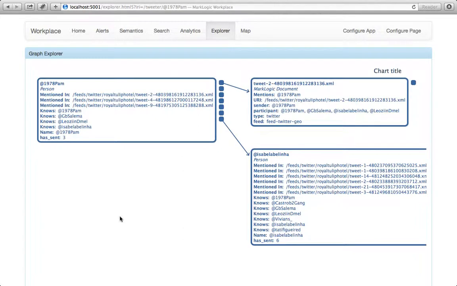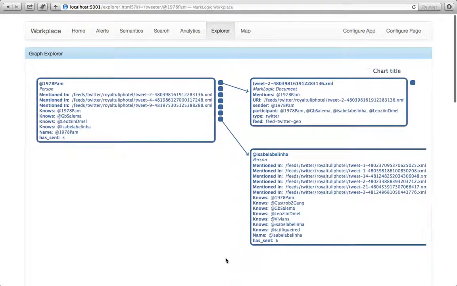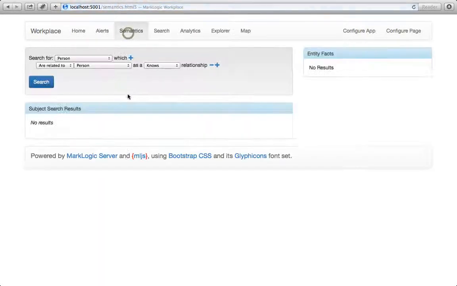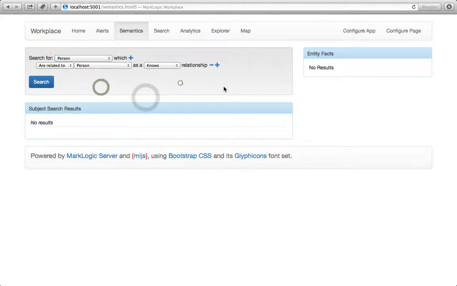This Explorer widget will tolerate ontologies it doesn't know about. So for example, there will be other people they know. So I think one of these, yeah, unknown RDF type, it's just a subject that we don't know much about, we just know that they know other people. So as you can see, that links through and still works. So it's tolerant of facts it doesn't know, so you can still do a basic semantic demo even before you plug in new ontologies to the SPARQL query widget, and that will be coming up soon in the next month's